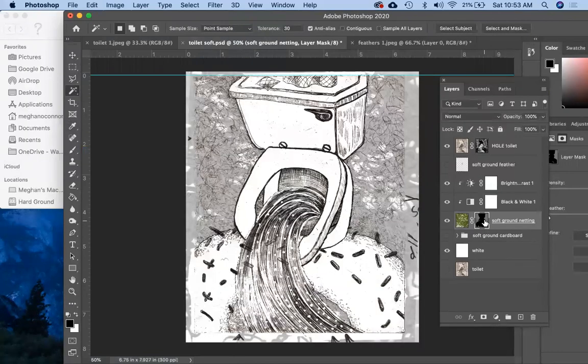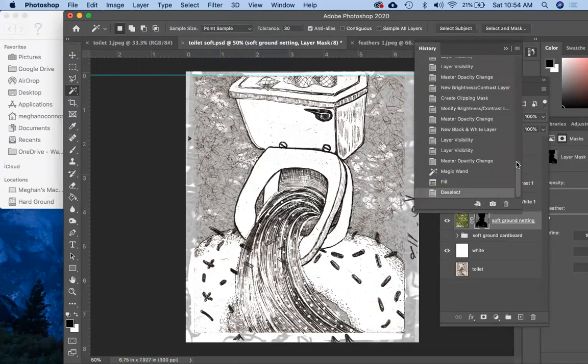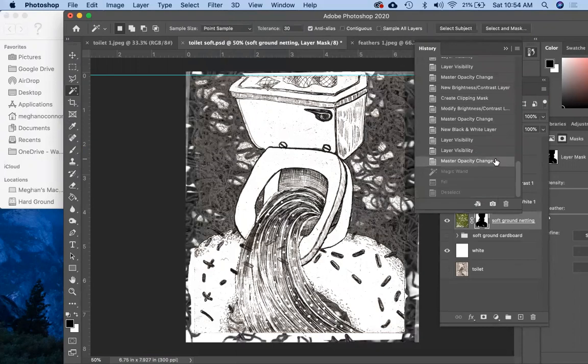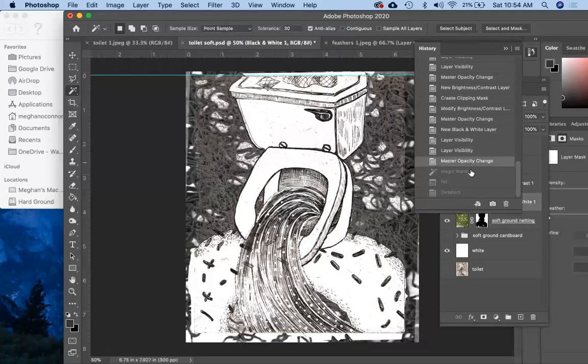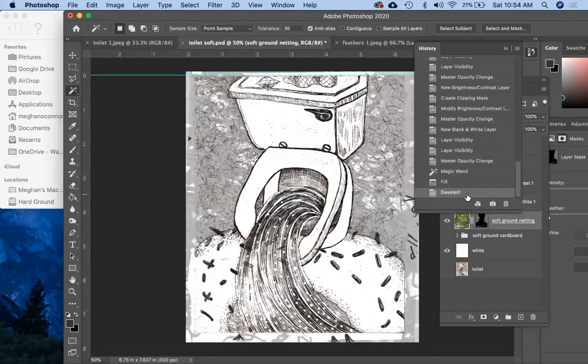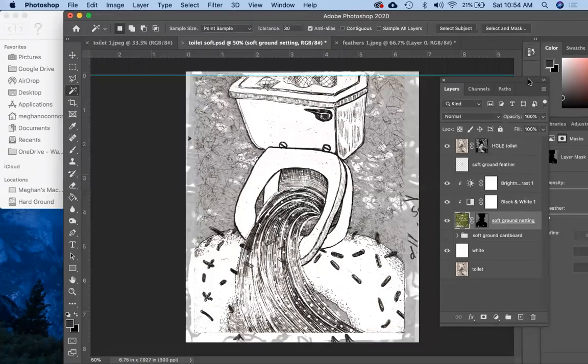And it is. So we can see that if we go back through the history, so we went here, that was the opacity change. So we can go there, opacity change, and then the current opacity. So the thing that's cool about playing with the mask is that you can do things like, if you don't